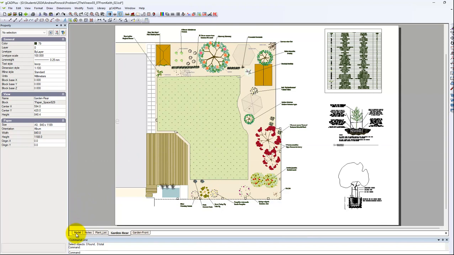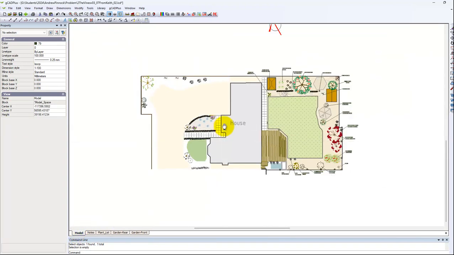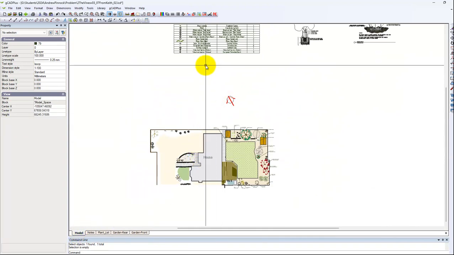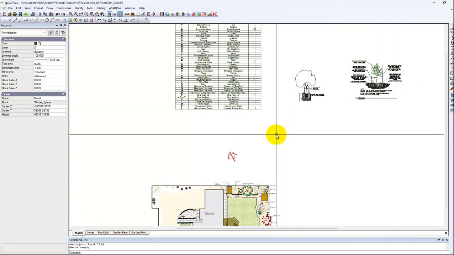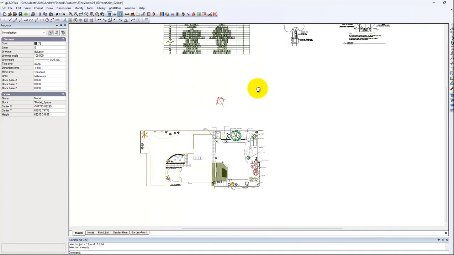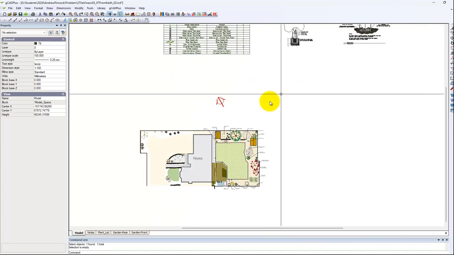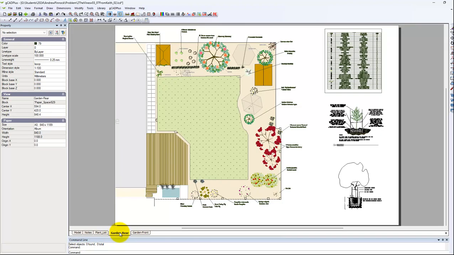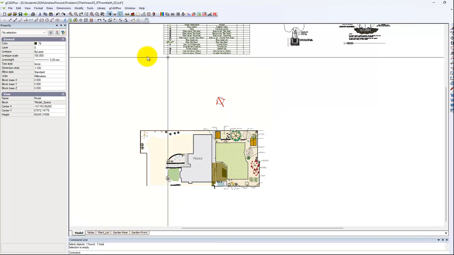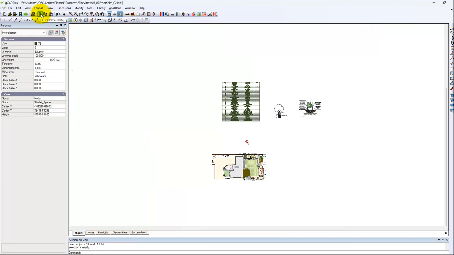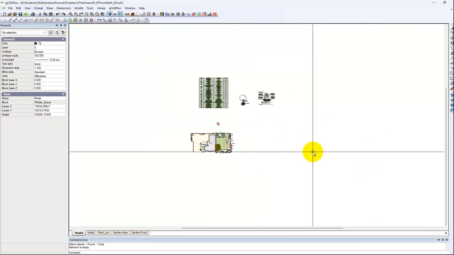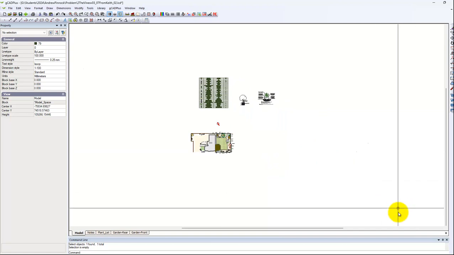If I go into model space, and here we are in model space, you can see that the plant schedule is in this area here, how to plant mature and new shrubs and trees are there, and these are all included in the view of the rear garden. So we're in model space now, and if I come up and say show me zoom extents, I go way out. So immediately I suspect that there is something or other in this area out here,